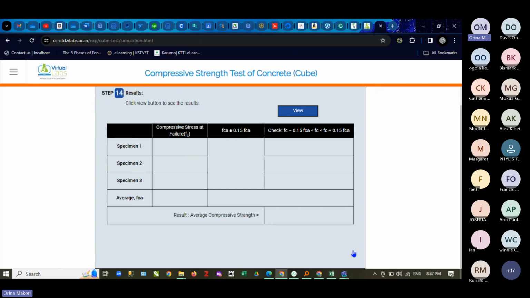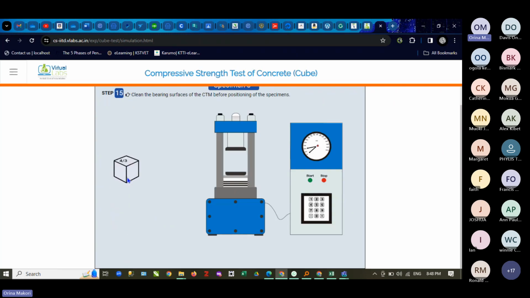But then we need to make a decision. So we view. So specimen number 3 is not okay. So we need to get one more specimen to confirm whether indeed we need to discard the whole, or we can say it is okay because it is just one that could have been having some weakness. So we pick another specimen from the curing tank. We test it and